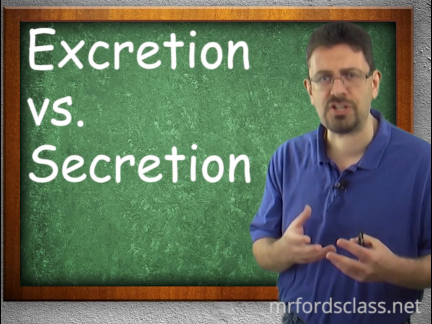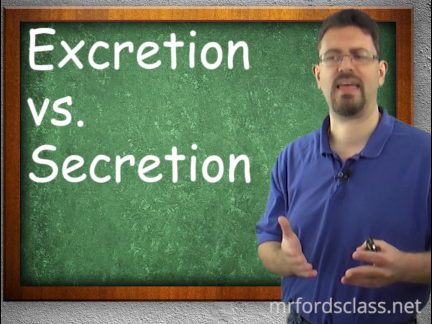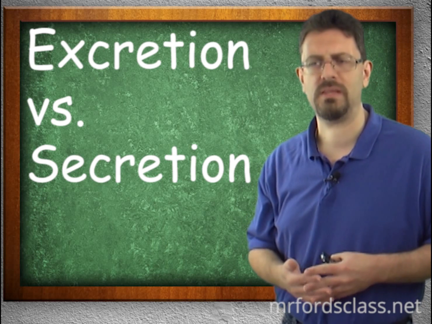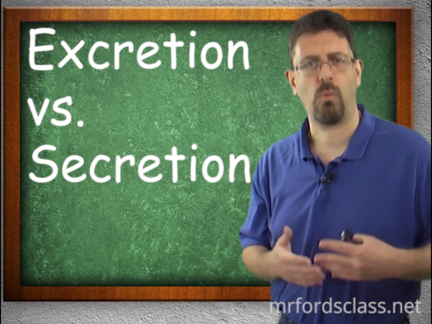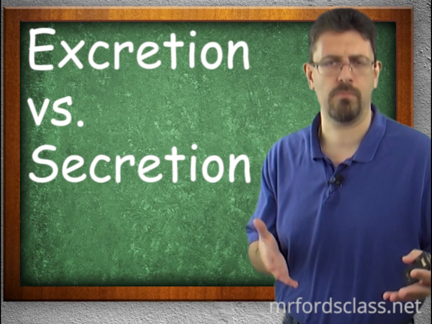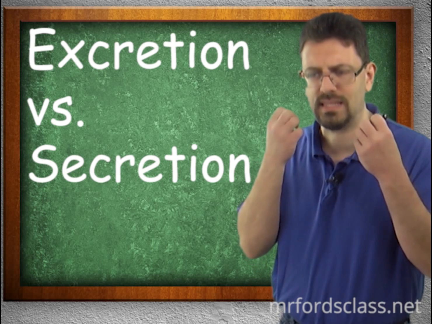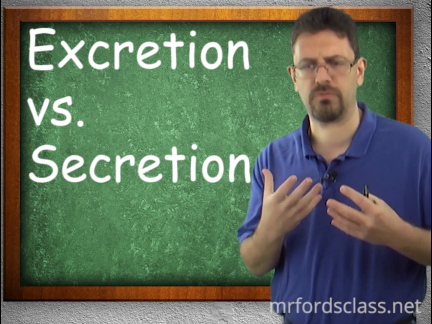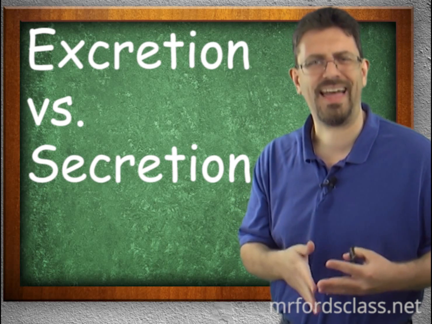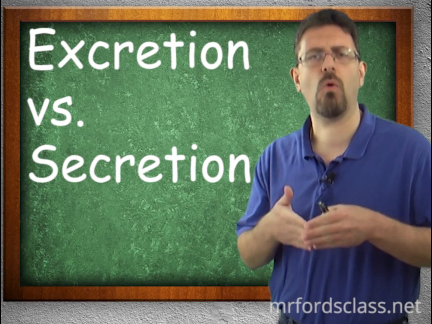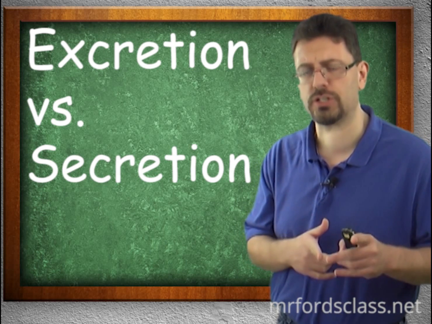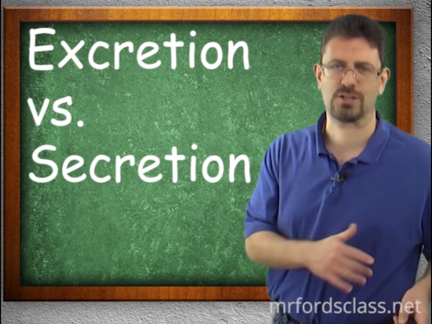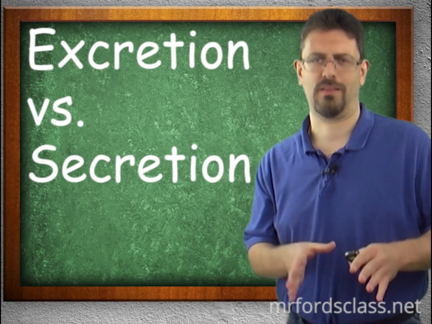So a secretion could be something that we need to use, for example, saliva, the spit. Or it could be something that we no longer need, a waste product, i.e. urine, for example. So a secretion is the giving away, the producing of some sort of substance. An excretion is a waste product. So all excretions are secretions, but not all secretions are excretions. Hopefully that shed a little bit of light on that one.